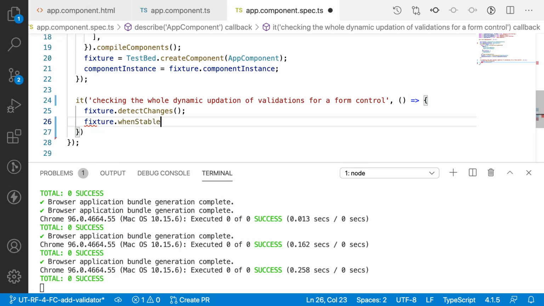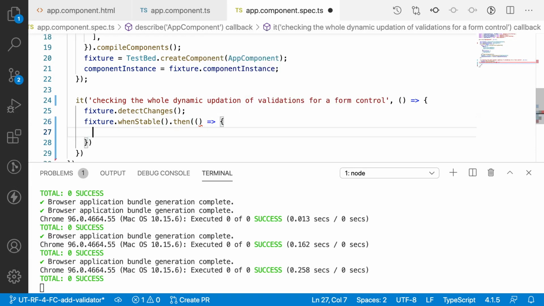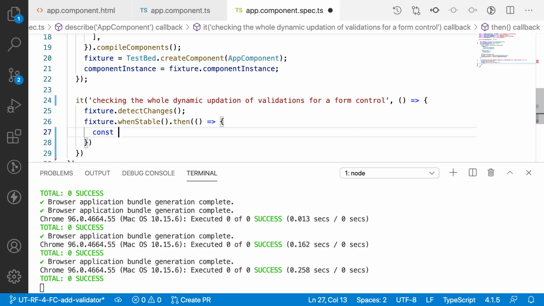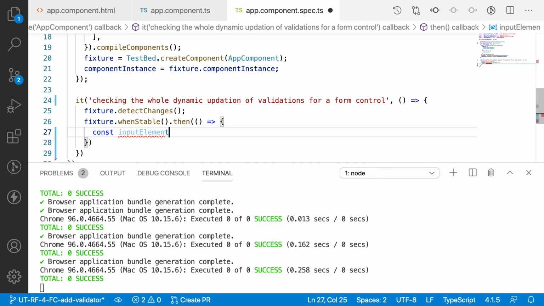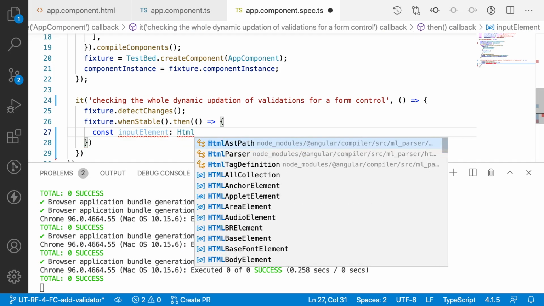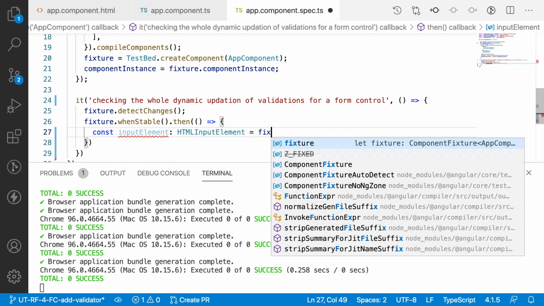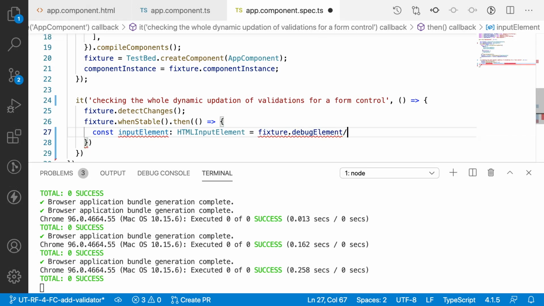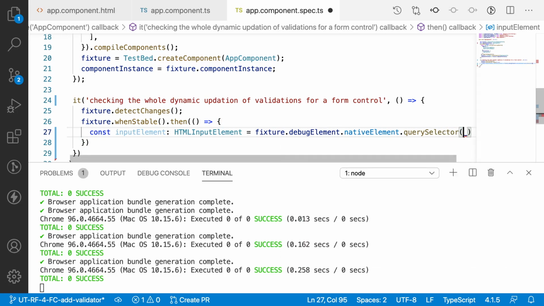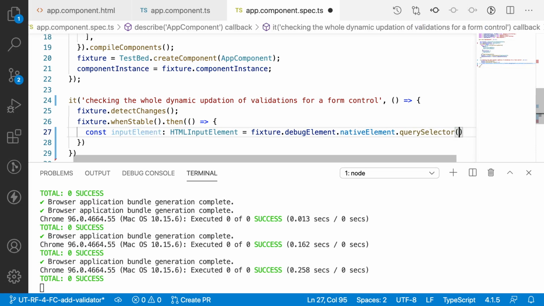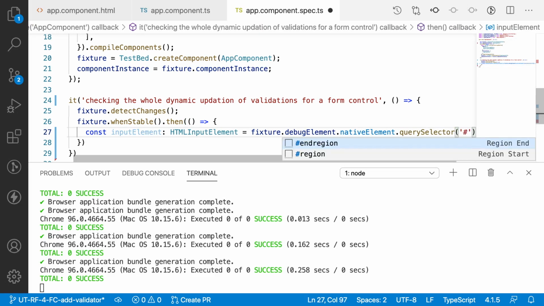Fixture.whenStable, whenever it is stable, I'll get a callback as a promise. Inside this promise, I can get the input element: HTMLInputElement is equal to fixture.debugElement.nativeElement.querySelector. We will get the element by using an ID. So let me give #username.